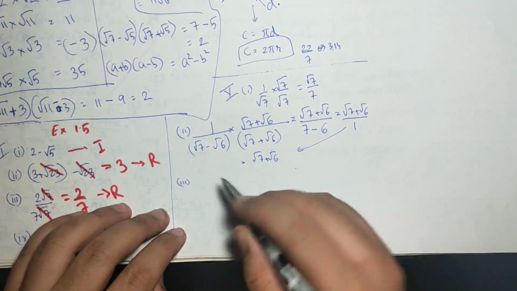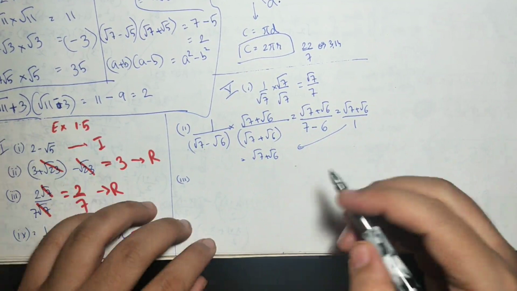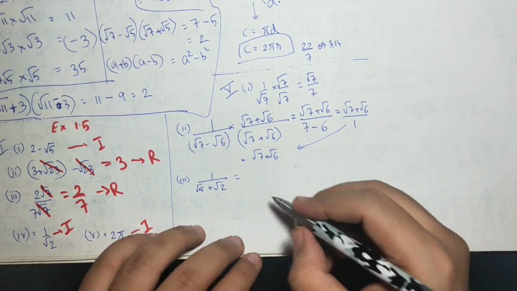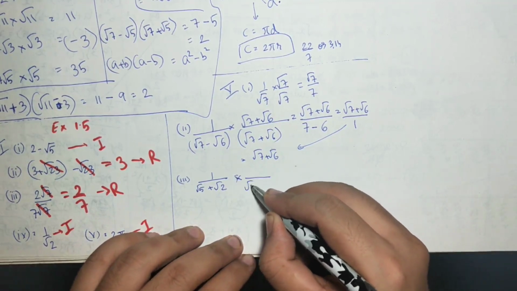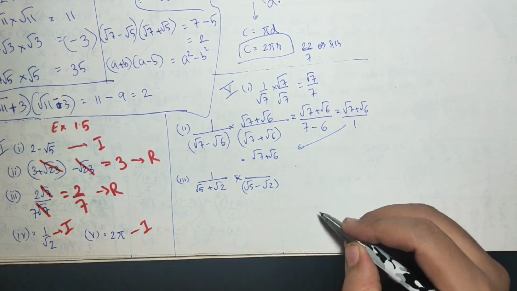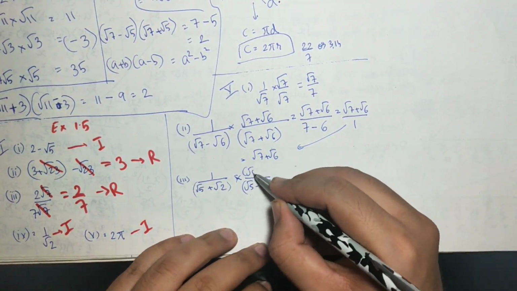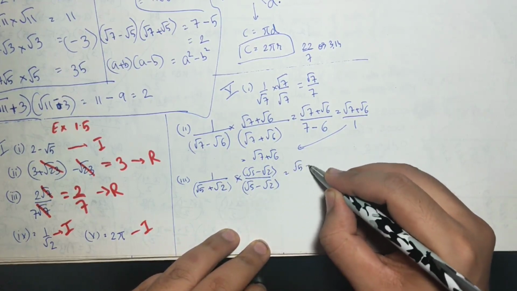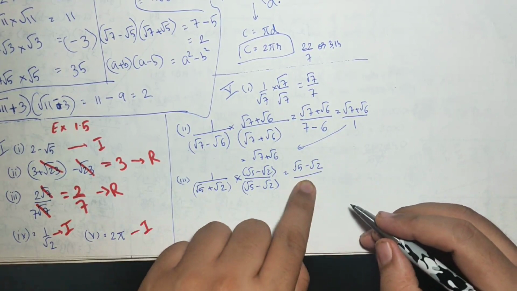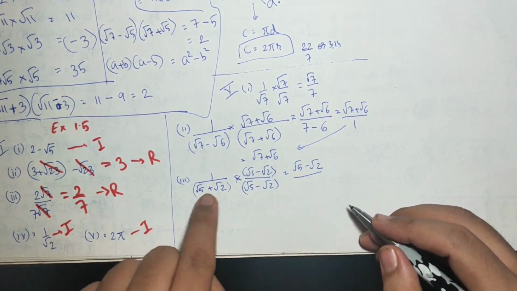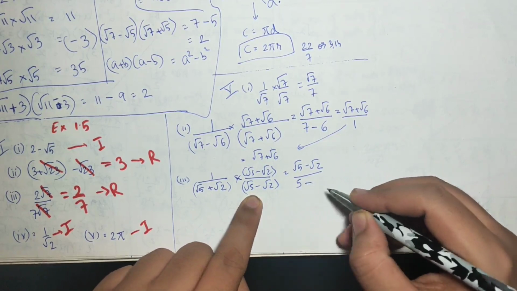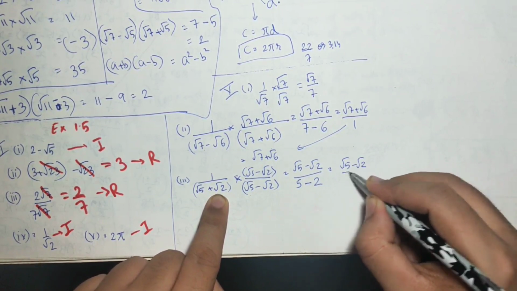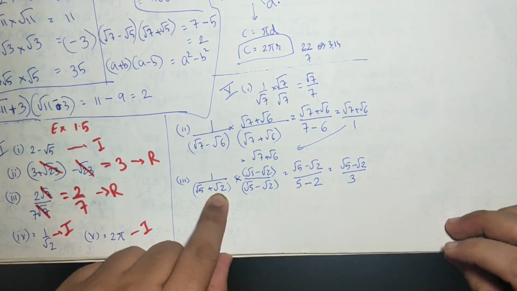Chalo, there is little space, so we will do it in this smaller space. I am doing all of them. 1 upon root 5 plus root 2. To rationalize, we know that root 5 minus root 2 will be required. Same numbers with the sign changed. So root 5 minus root 2 will get multiplied in the numerator also. So in the numerator it will be root 5 minus root 2. 1 into any number is the same number. In the denominator it will be root 5 square, that is 5, minus root 2 square, that is 2. So the final answer is root 5 minus root 2 upon 3.